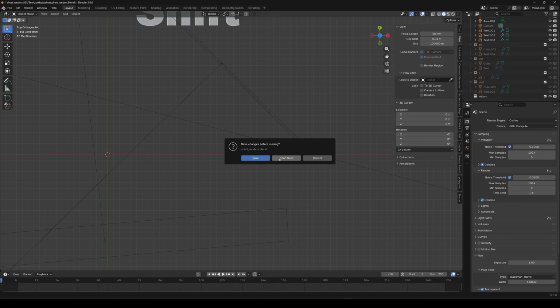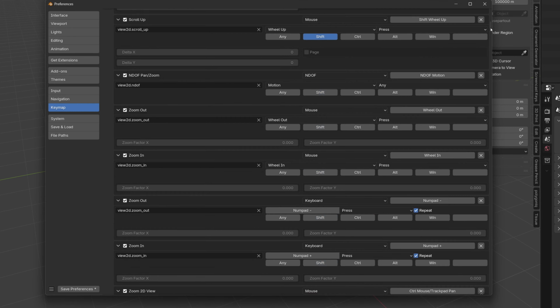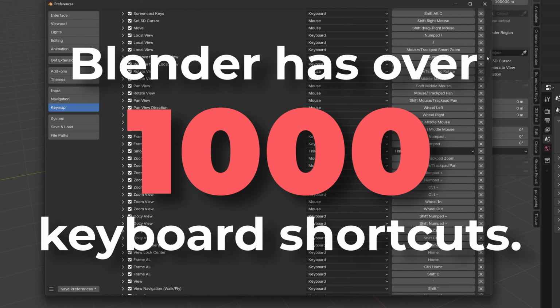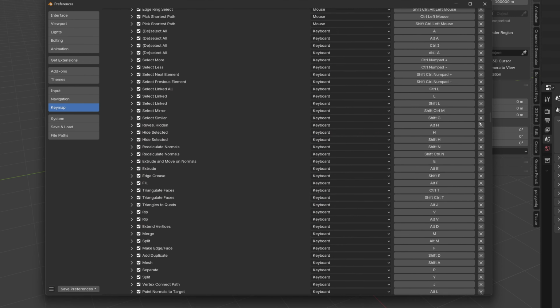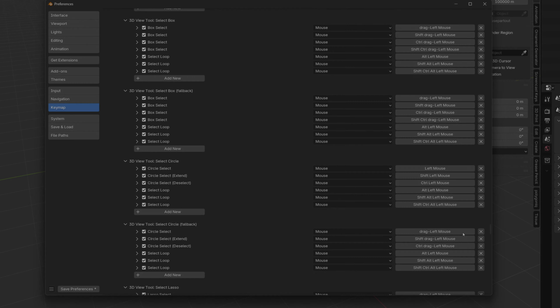Now let's move to Blender. Blender is a treasure trove of keyboard shortcuts. I probably don't know all of them myself, and listing and explaining them all would take several hours. So I decided to choose only the ones that I consider less obvious but very useful in everyday work.